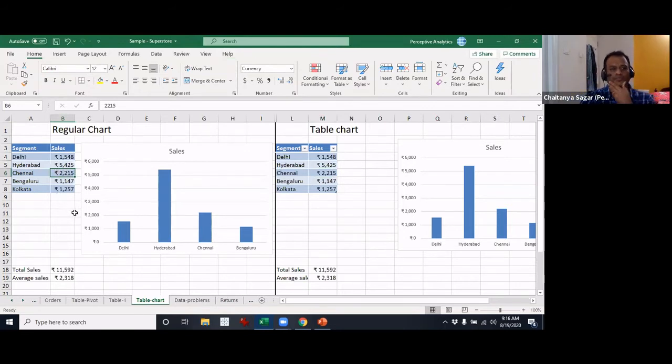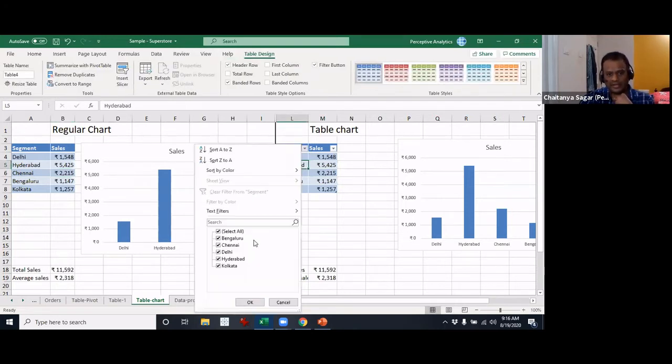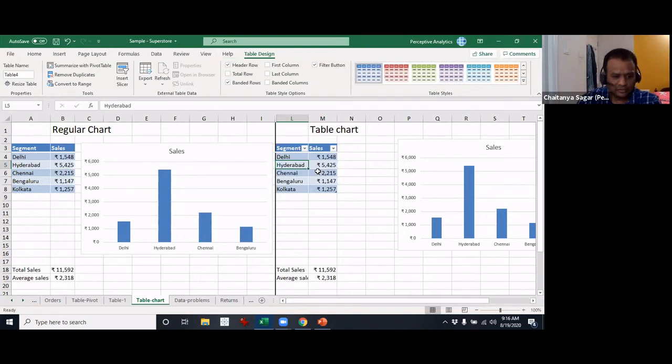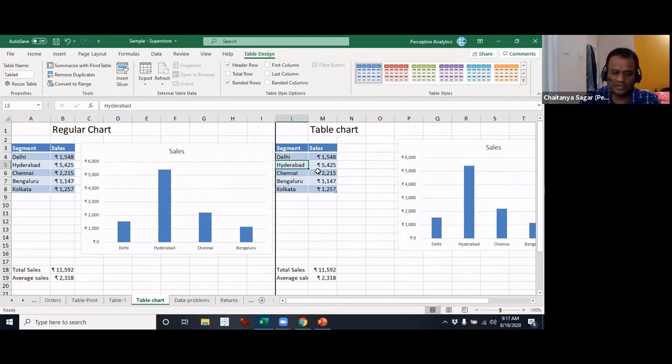So what do you get with a table? You get the following things. One is you automatically get certain filters and all of that, which you can also easily enable. You can also disable it. So does anyone remember the shortcut for filters? Control-Shift-L. Perfect. So you can remove it if you like.